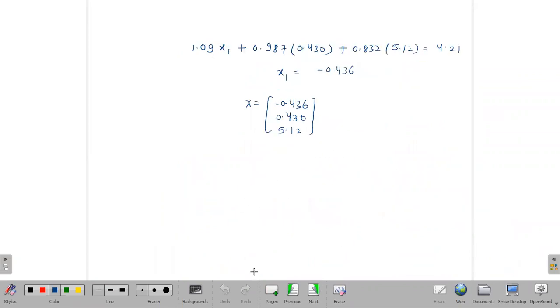So shall we start the next topic, that is LU decomposition. I will tell you the procedure of LU decomposition. Actually, from the name you can see what L and U stand for. L stands for the lower triangular matrix, and you should know what a lower triangular matrix is. And U is the upper triangular matrix.